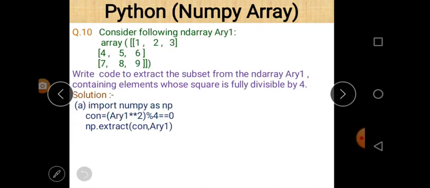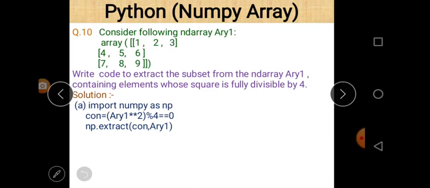Now question number 10. Consider the following ND array ARY, and the elements of this array are 1, 2, 3, 4, 5, 6, 7, 8, 9. Write code to extract the subset from the ND array ARY1 containing elements whose square is fully divisible by 4.